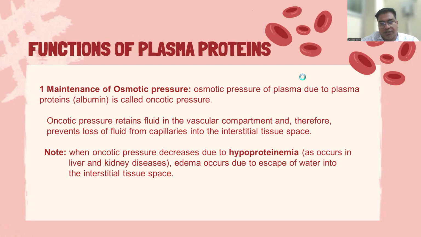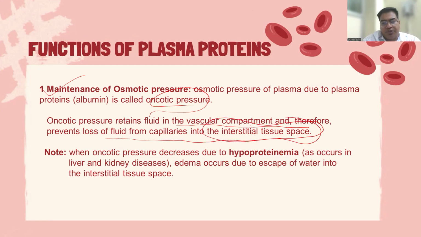Now come to the various functions of plasma proteins. The first important function is maintenance of osmotic pressure. Osmotic pressure of plasma due to plasma proteins is called oncotic pressure. Oncotic pressure retains fluid in the vascular compartment, therefore it prevents loss of fluid from capillaries into the interstitial tissue space. So basically, albumin protein holds water content so that it prevents loss of fluid from capillaries into the interstitial